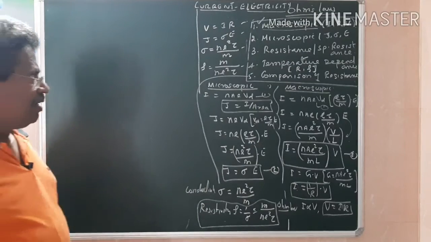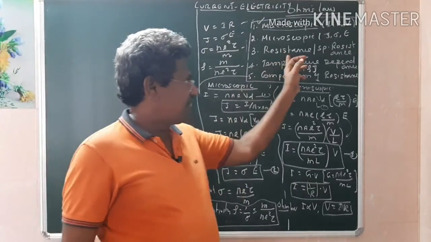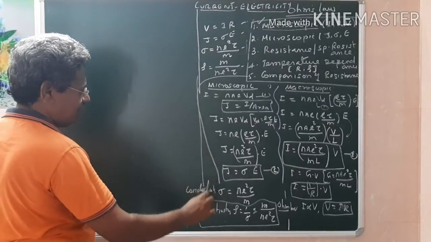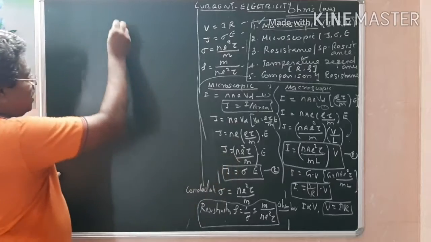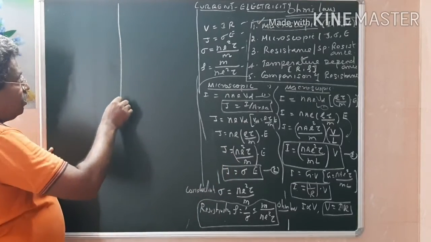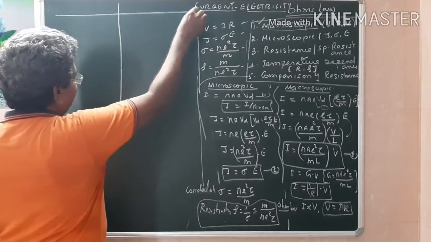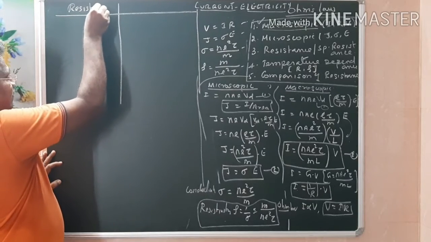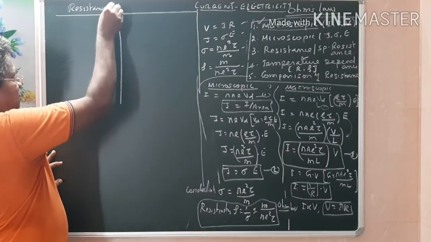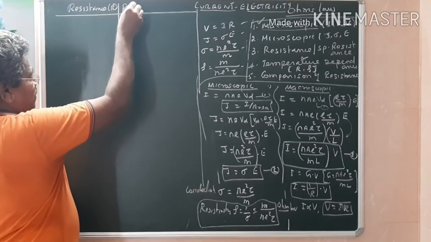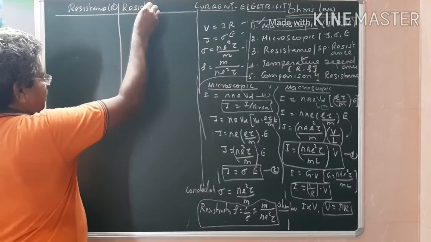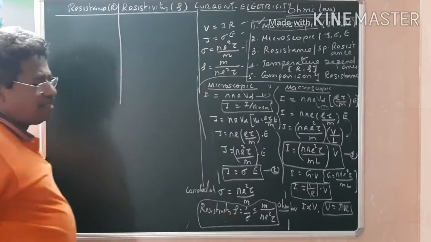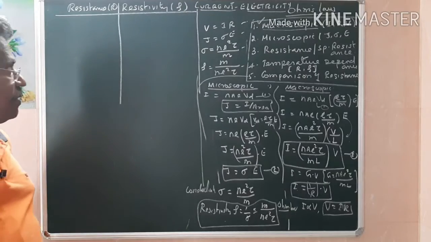Okay. So next we go to compare the resistance and specific resistance. Another important point: whenever you come under a comparison, better you divide the board into two terms. One is called resistance. Symbol is capital R. Another one is specific resistance or resistivity. Symbol is rho. So another name for resistivity is specific resistance.